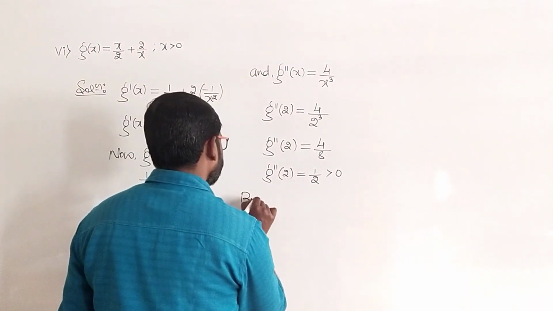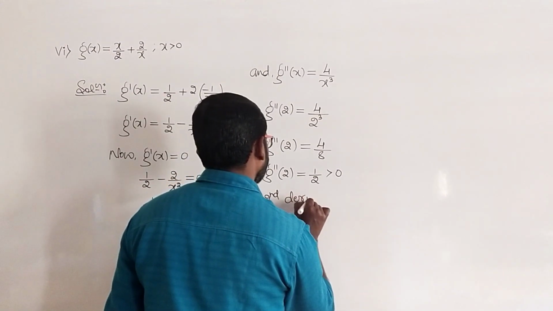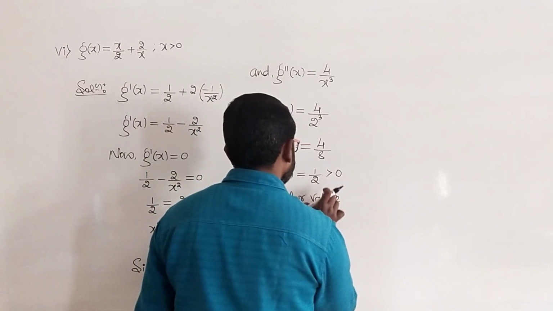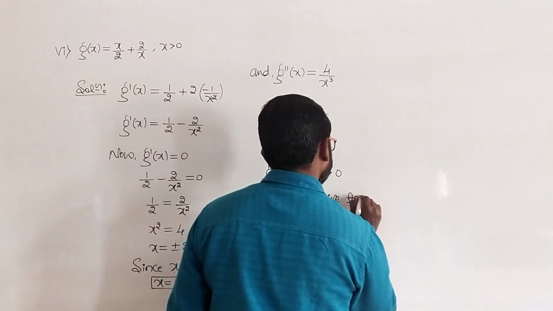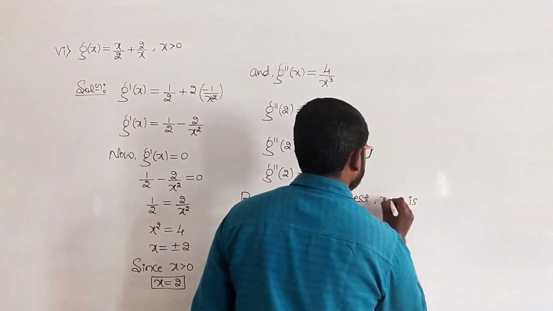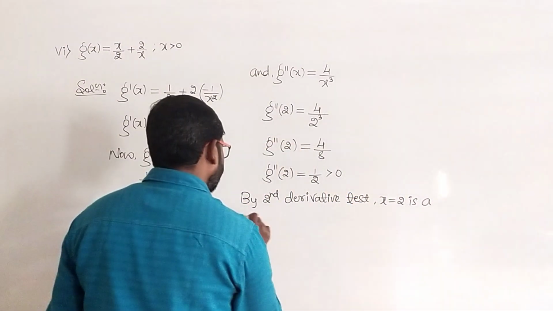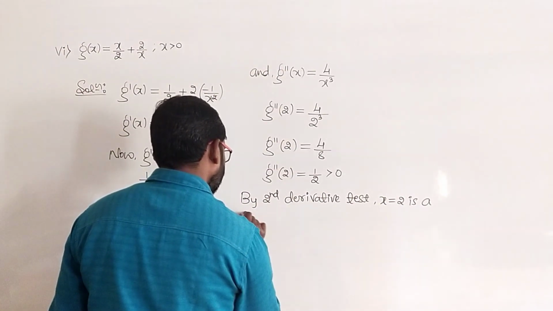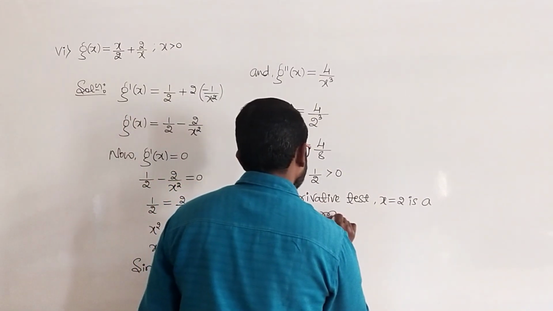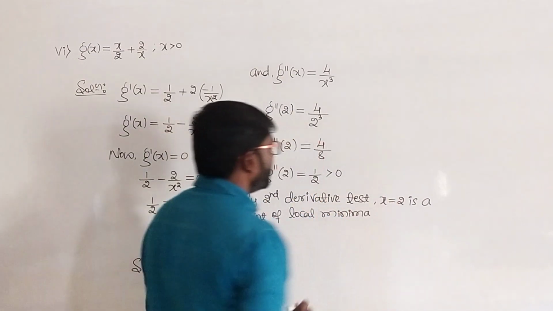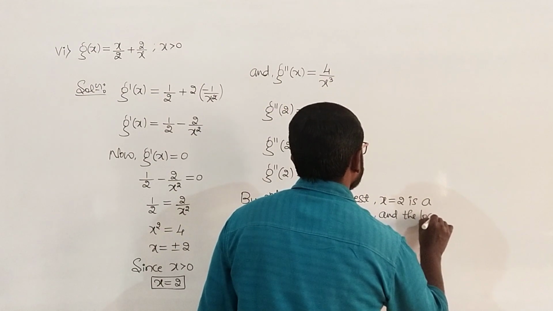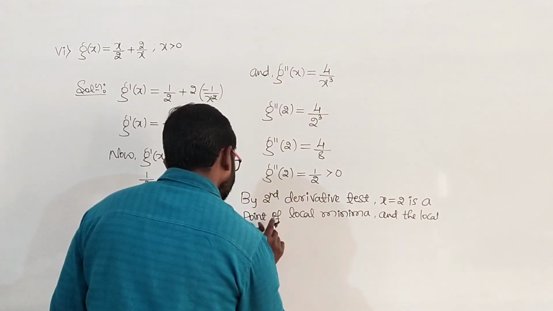By second derivative test, x equal to 2 is a point of local minima, and the local minimum value is